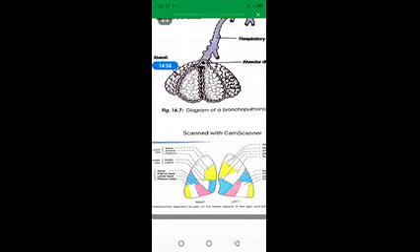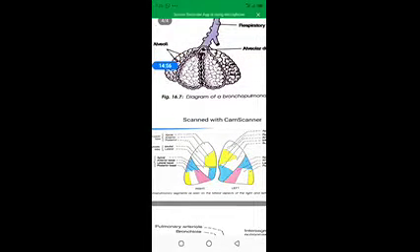On the right side, the upper lobe of the right lung is divided into three bronchopulmonary segments: apical at the apex, then anterior, the yellow color, and the posterior. This is the division of the upper lobe. Now the middle lobe is divided into medial and lateral. Medial is towards the root of the lung, towards the midline, and lateral is away.